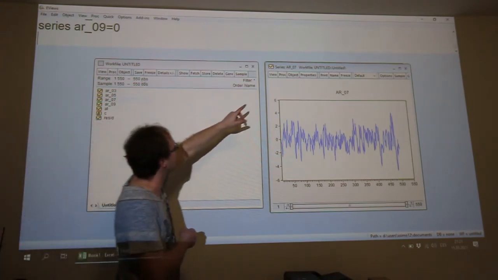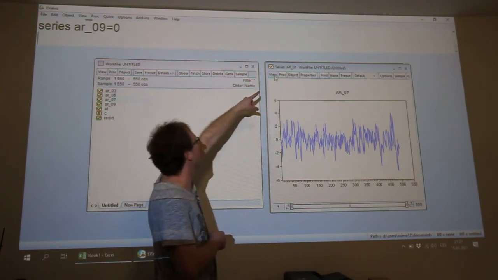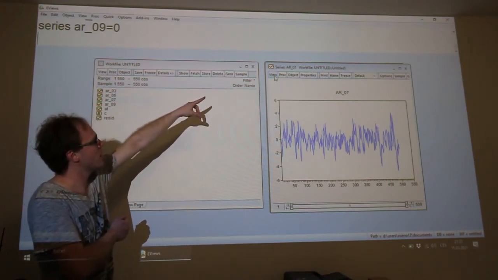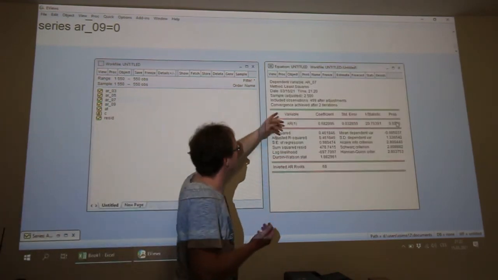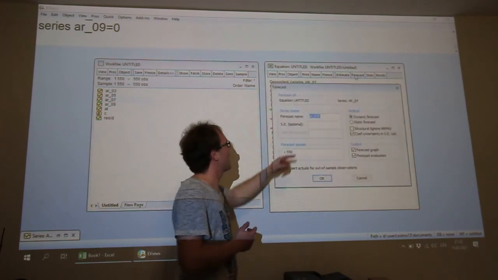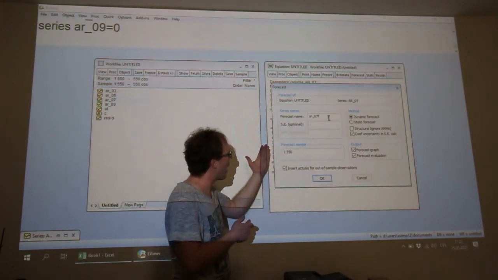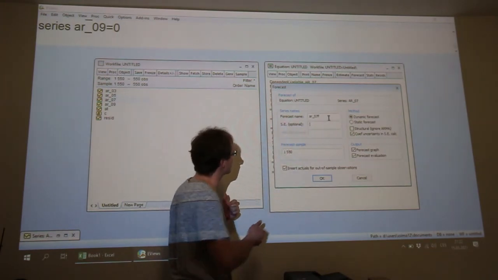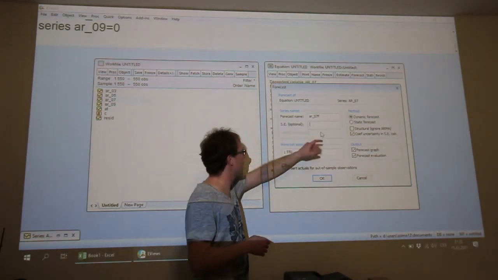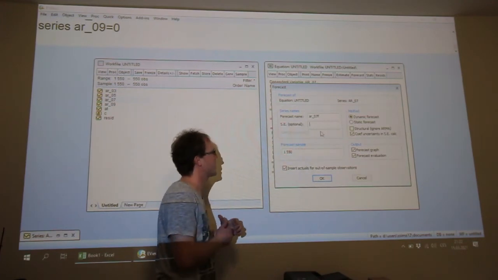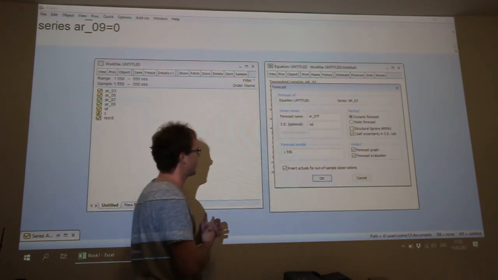Okay, so the model which is behind this chart, we must use the model which is behind this chart, this one. Please click on forecast, and here the forecast name will be, for example, AR07F, like forecast. Standard error is optional; we will calculate standard errors. So please write here, for example, SE, like error.